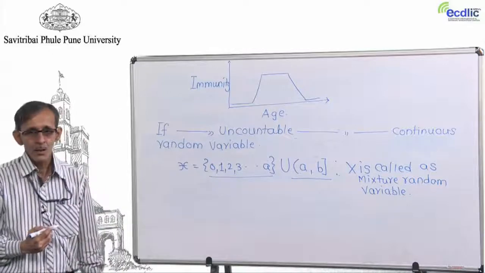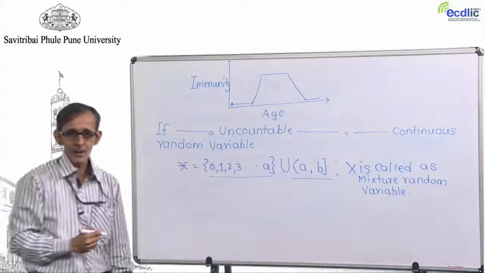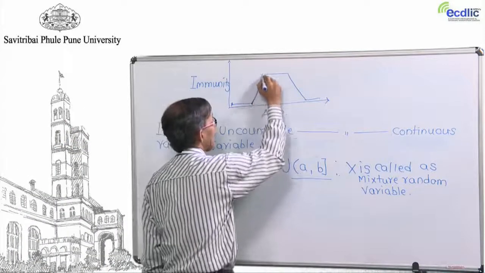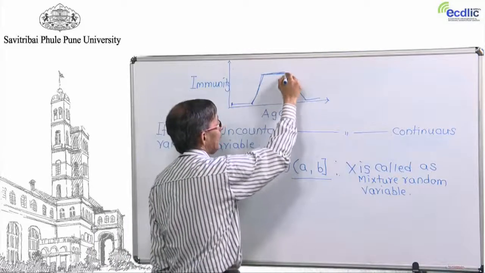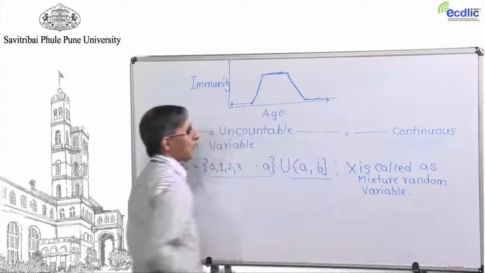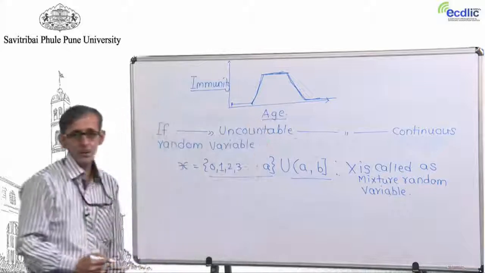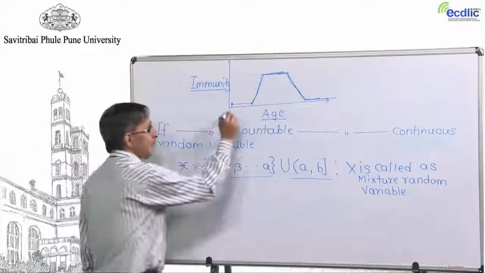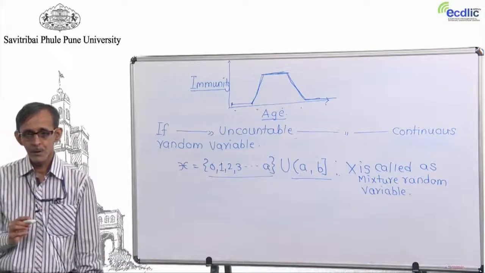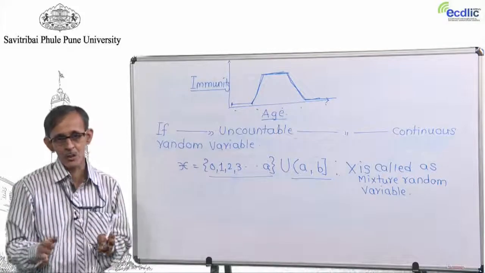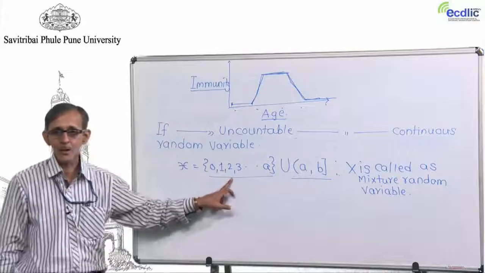Now, see, this looks to be a variation in immunity depending upon age. It follows this path, then it suddenly takes an increasing path, then it takes a stable path again, starts dropping down and again comes down. What it means is that the behavior with respect to immunity and age shows various patterns at various ranges. So, it is a mixture behavior. It is not showing a similar structure on different intervals of age. That is the meaning of the mixture over here as well.